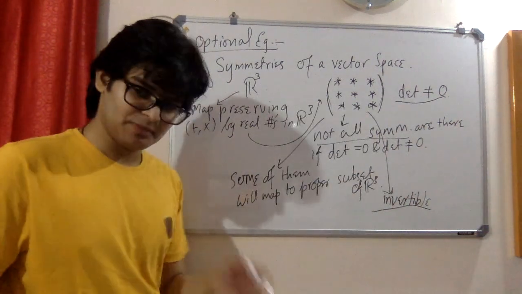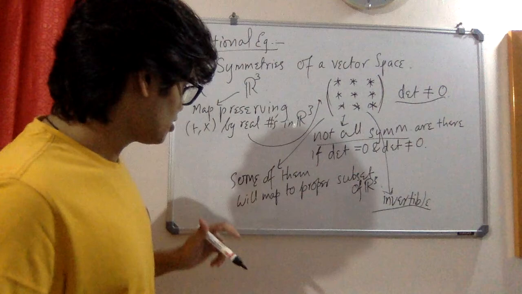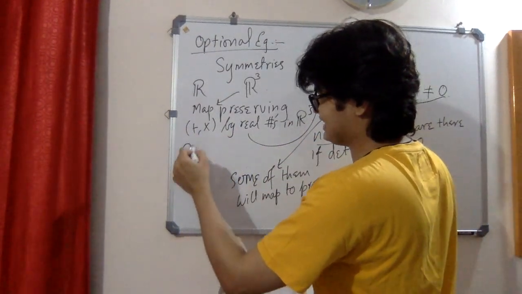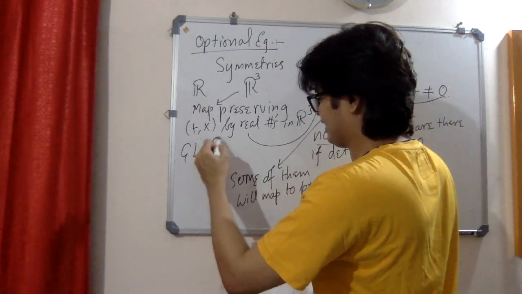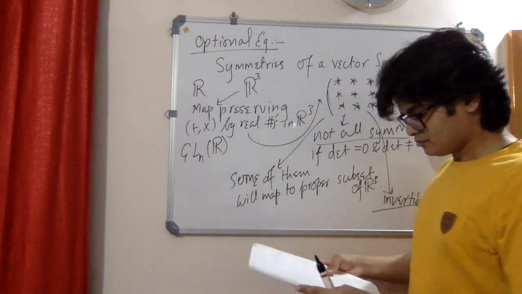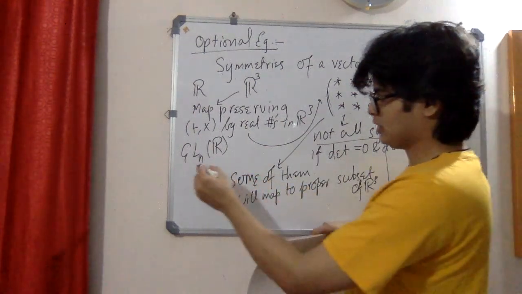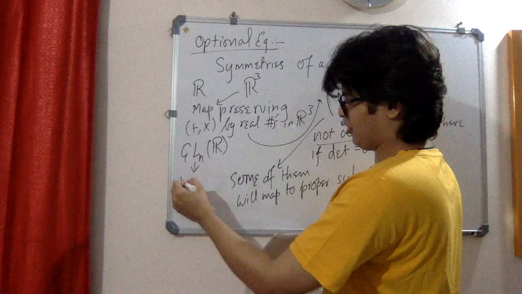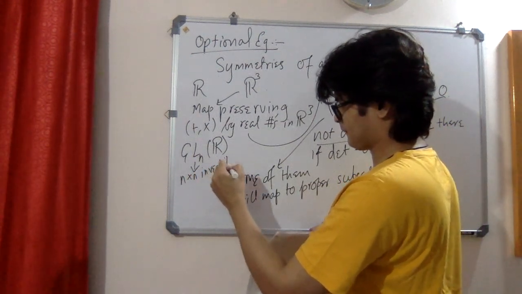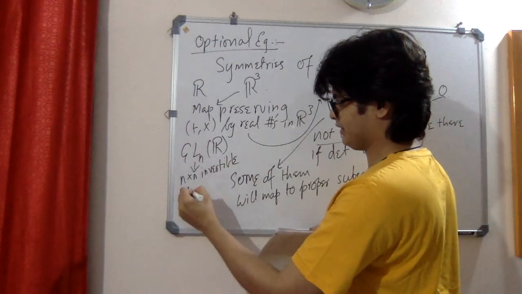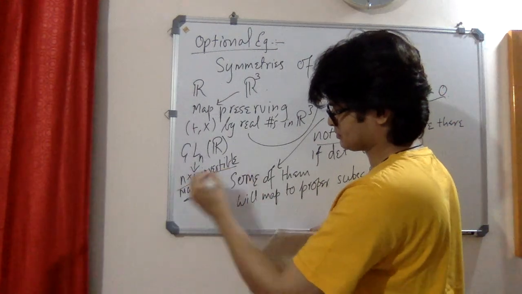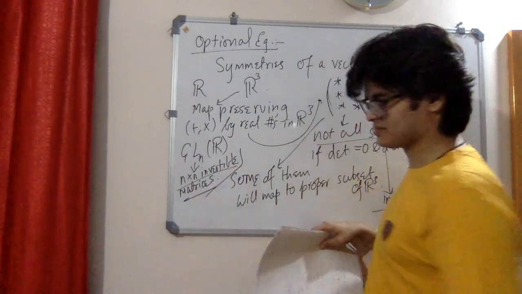which is invertible. Now there is a very special group called the general linear group, also known as GLn on R. This means the entries are from the reals. So this basically is the group of all n cross n invertible matrices, and it is a very special group. Under usual addition,